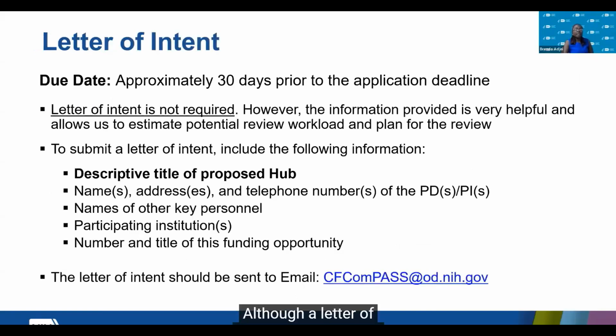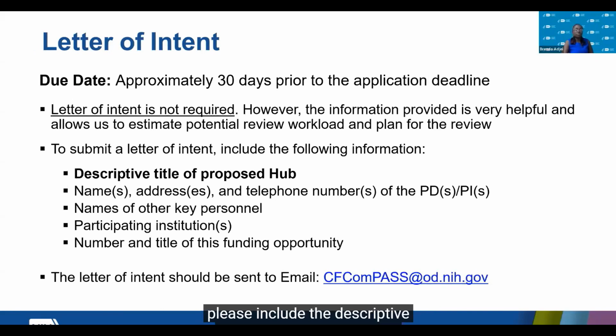Although a letter of intent is not required, is not binding, and does not enter into the review of a subsequent application, the information that it contains allows IC staff to estimate the potential review workload and plan for the review. So we encourage you to submit an LOI, and if you do decide to submit one, please include the